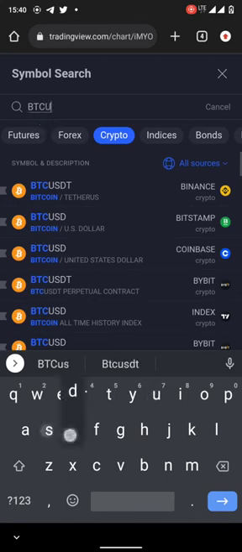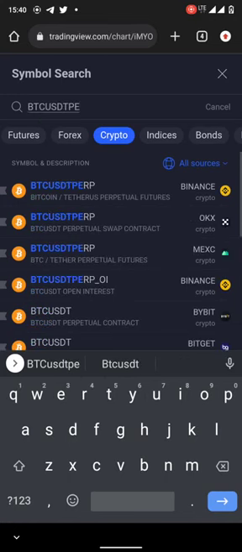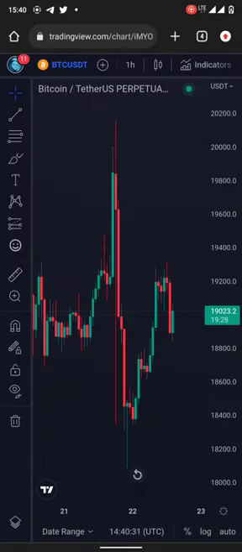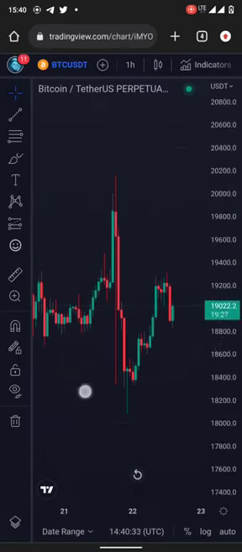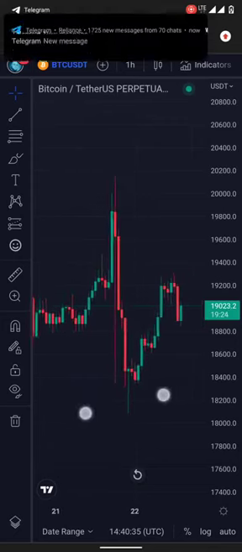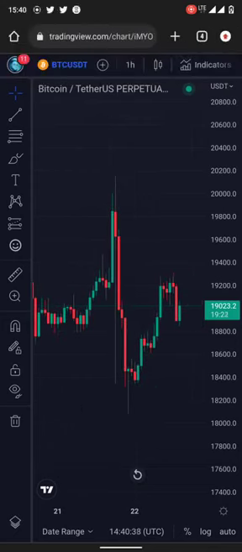BTC USDT PEP, that is it, Binance. So click on it. So this is how the TradingView looks like if you bring out any of the assets you are trying to analyze. And I will be explaining how you can get your vertical lines, how you can draw your support